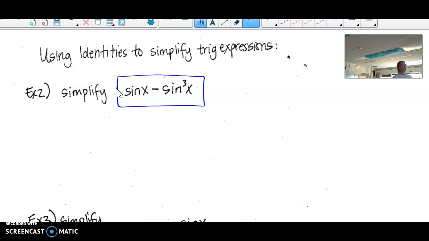Okay, for this example, example 2, you have sine of x minus sine cubed x, and looking at this, I have a sine of x in both of those terms. Remember that if you look at sine,